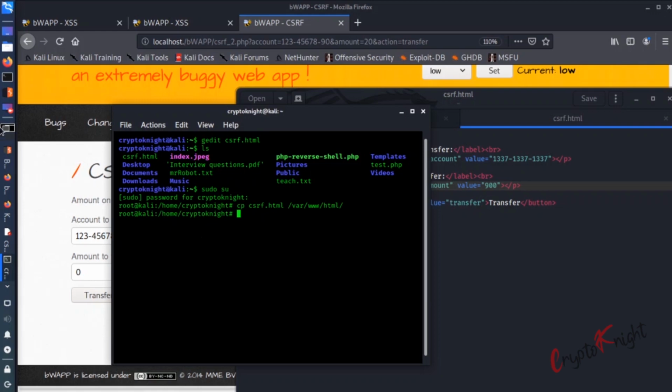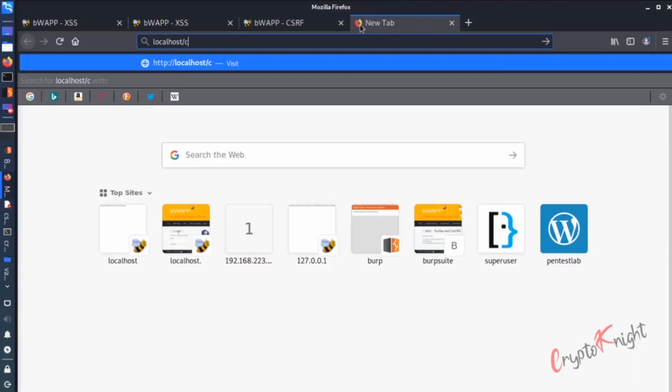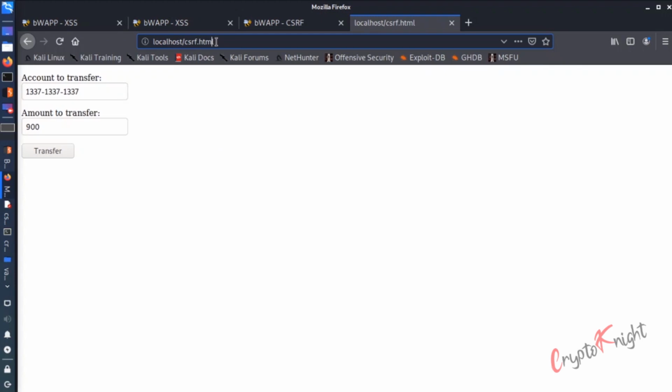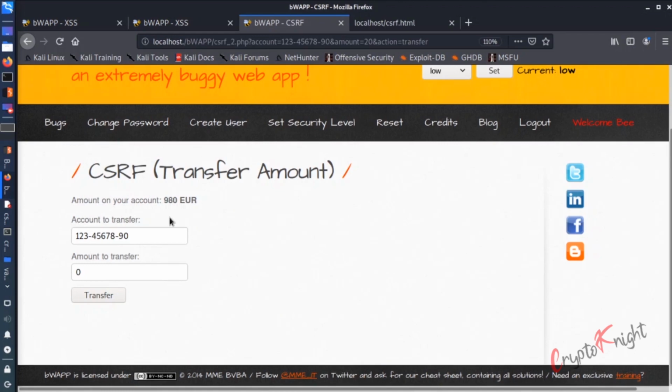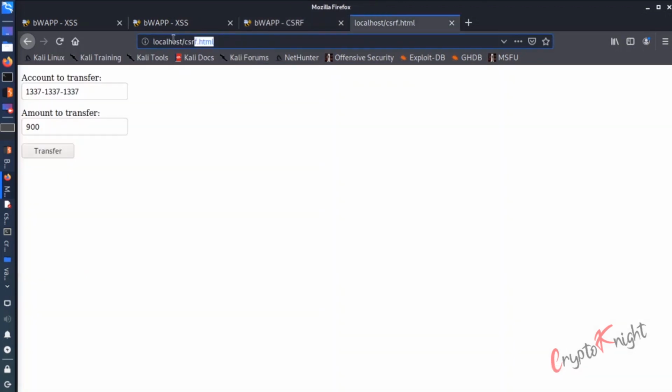What we will do is, let's say this is the link. Since we have hosted csrf.html in var www html, it will appear here. The real world scenario will be that you are on a banking site and someone sends a malicious link. So this is the malicious link, just assume for now.